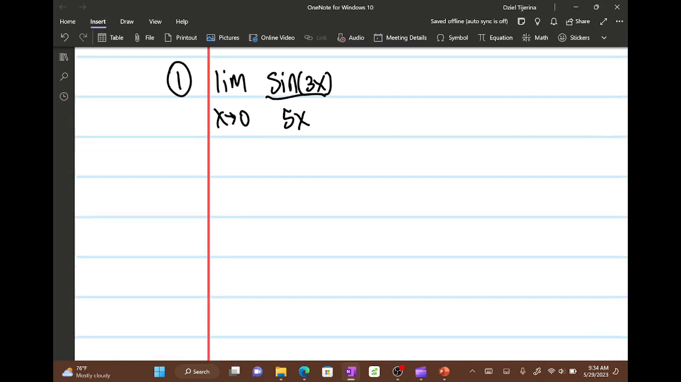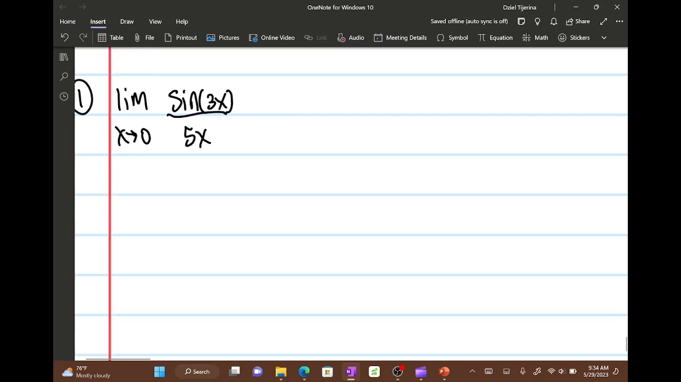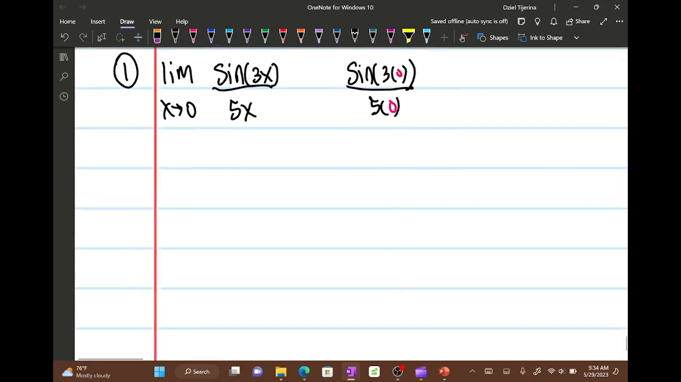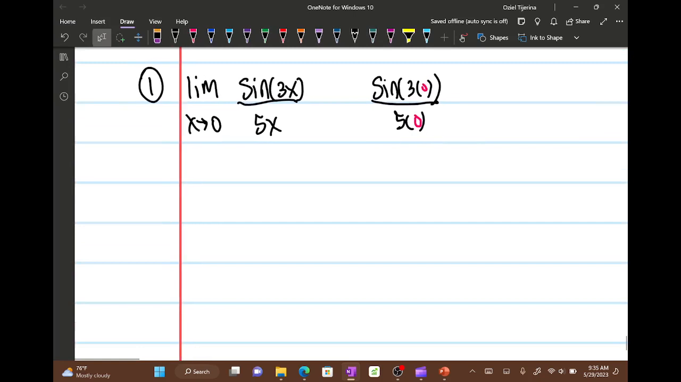So we have the limit as x approaches 0 of sine of 3x over 5x. Now, obviously, doing direct substitution won't work, right? Because we get sine of 3 times 0 over 5 times 0, and this cannot work. It'll be undefined, or it'll be like a 0 over 0 kind of thing. So what else do we do here? Well, there's a rule. And as you all know, whenever I make videos, I always like to point out the rule that I use for certain problems. So the rule is